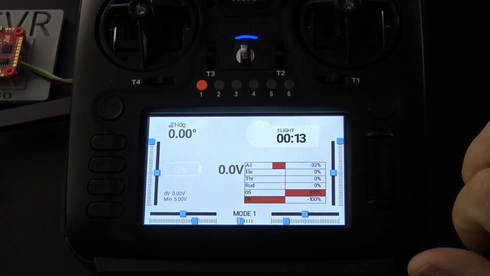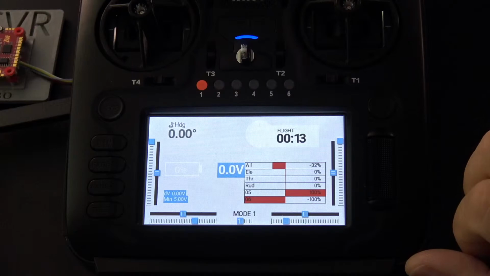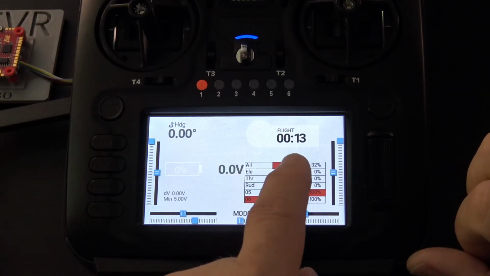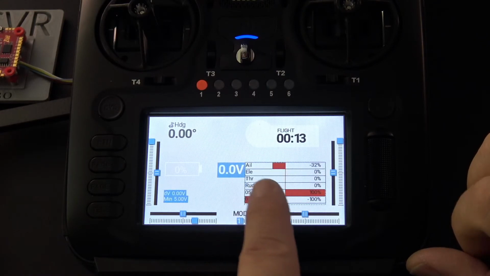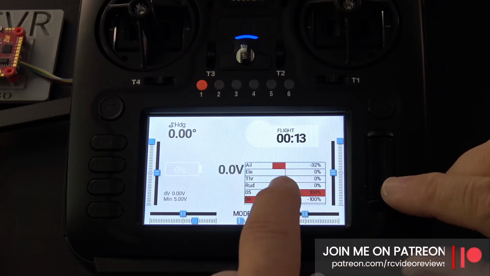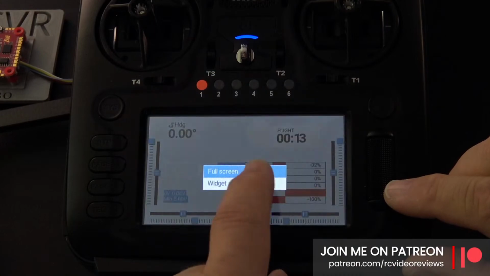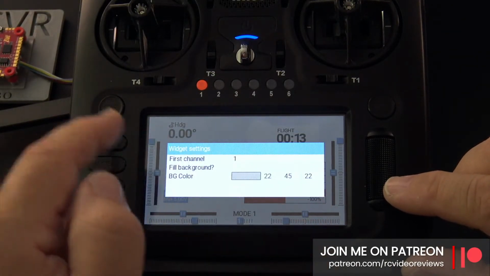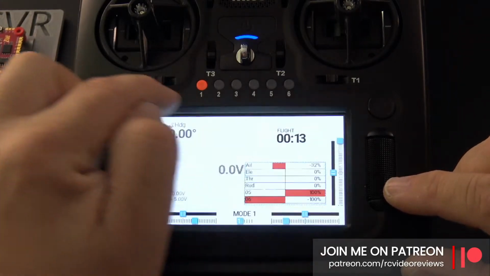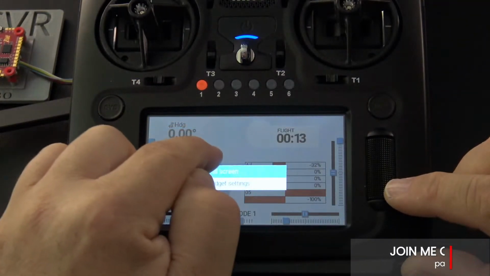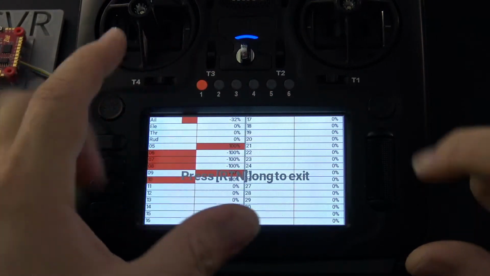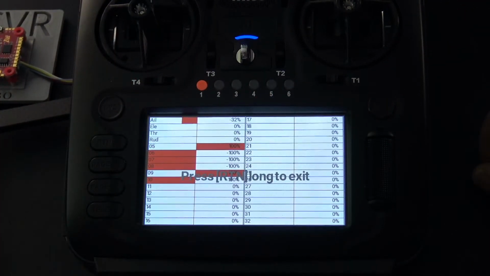Imagine that that's a TBS Agent Lite. Let's say TBS makes a little icon for a widget desktop. Now you can press on this and you see how there's a blue highlight bar around it. If I press it again, I get an option to go full screen. So when I go full screen, imagine now I'm missing the button. So I'll try it again. Full screen. There we go. So now we're in full screen mode. Imagine that actually being TBS Agent Lite.